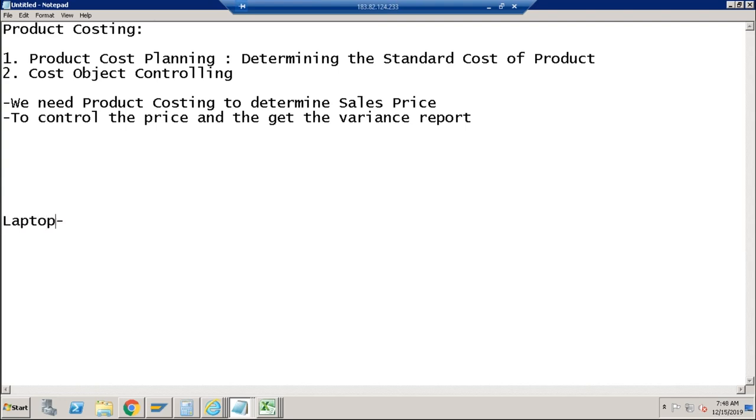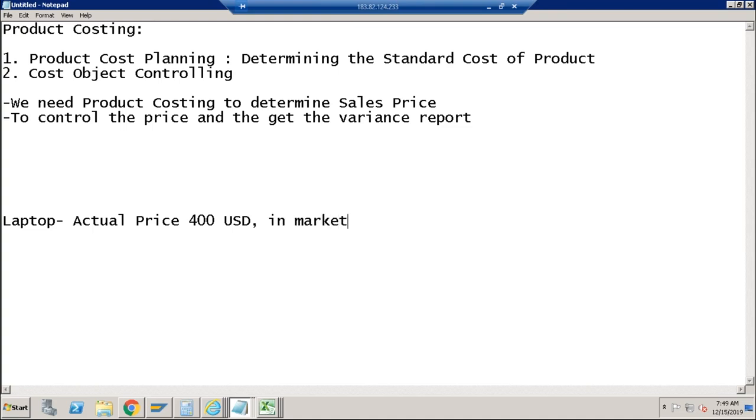Okay, you have not done any product costing for this laptop and you just started manufacturing it. So after the manufacturing, after the product has been completed, you found out the actual price of this material, the actual price for manufacturing is 50,000 INR, right? Or maybe if you want in USD, let's say 400 USD. So you found out that in order to manufacture this particular laptop, you made actual expenses of 400 USD. And then you realized in market,